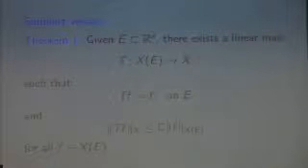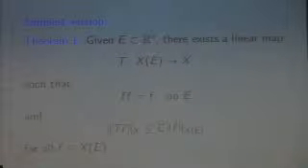Okay, now the simplest version of our theorems. I think there are going to be two theorems in the simplest version. First of all, given any subset E in R^n, finite, infinite, non-measurable, whatever, there is a linear map T from X(E) to X such that Tf is equal to f on E, and the norm of Tf in X is less than or equal to a constant C times the norm of f in the trace space X(E). And that's true for all functions.